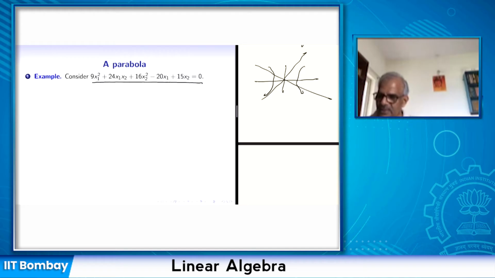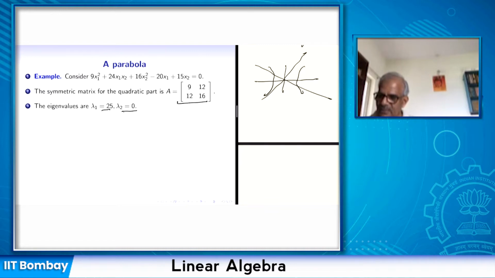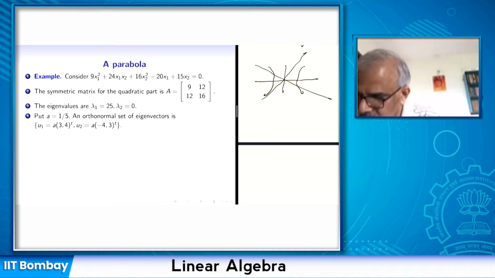So that's the case I am considering. In this case, lambda 1 is 25 and lambda 2 equal to 0. So there will not be any y2 square term there, because lambda 2 was the coefficient of y2 square. There is no y2 square. There is just y1 square, and then there is y1 and there is y2, etc. So that equation will represent an ellipse. Yeah. So put a equal to 1 over 5, because